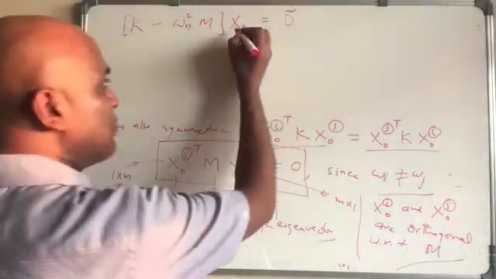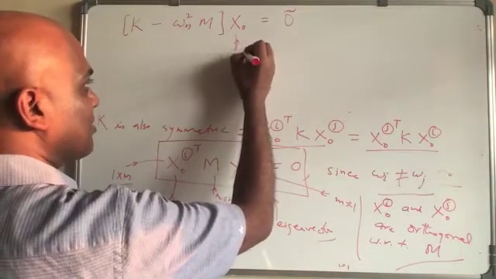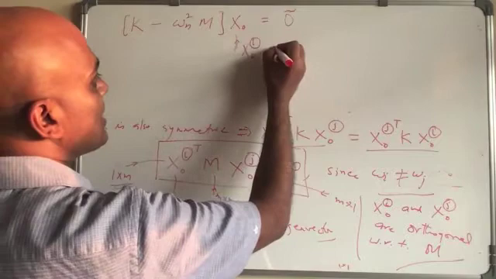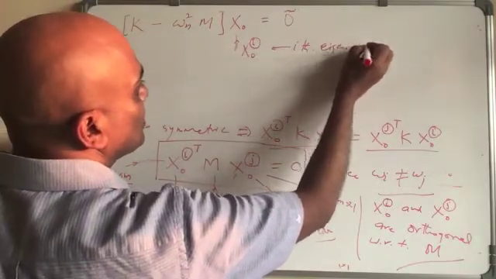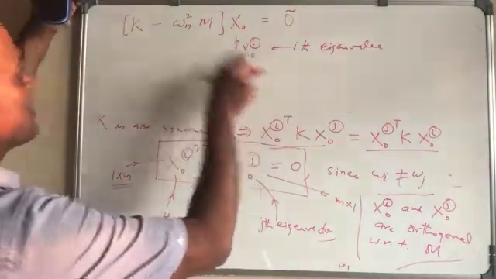Now, if we put here the ith eigenvalue, x_i, yeah. So then